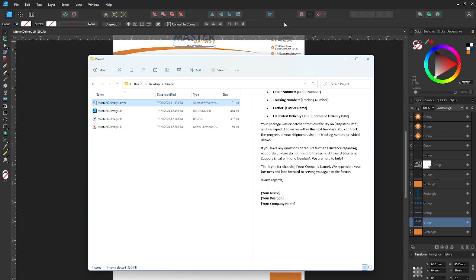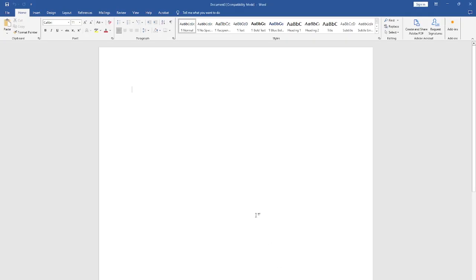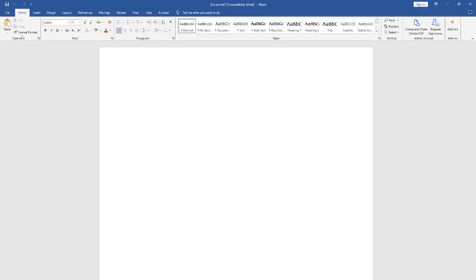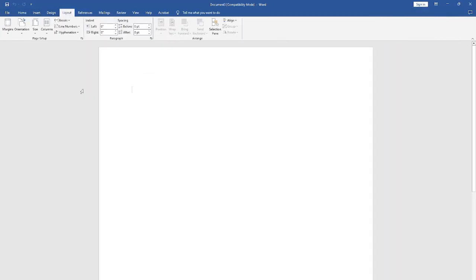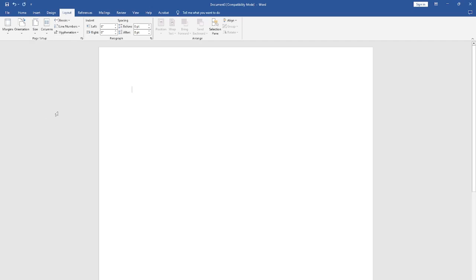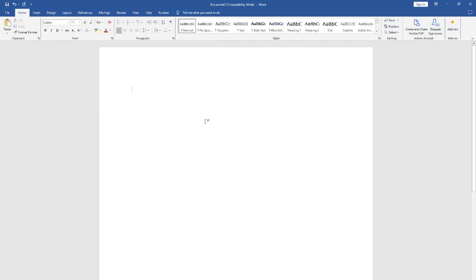So we are going first to open Word. You can go to Word and then new blank document, but for me I've already opened it. You go to layout, then ensure you have selected your size to A4, orientation to portrait. We are going to bring in the letterhead image, so go to insert,